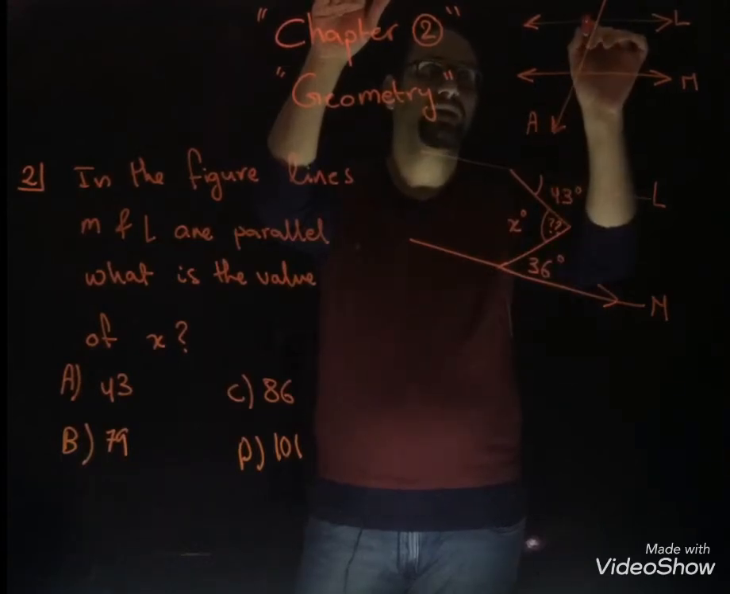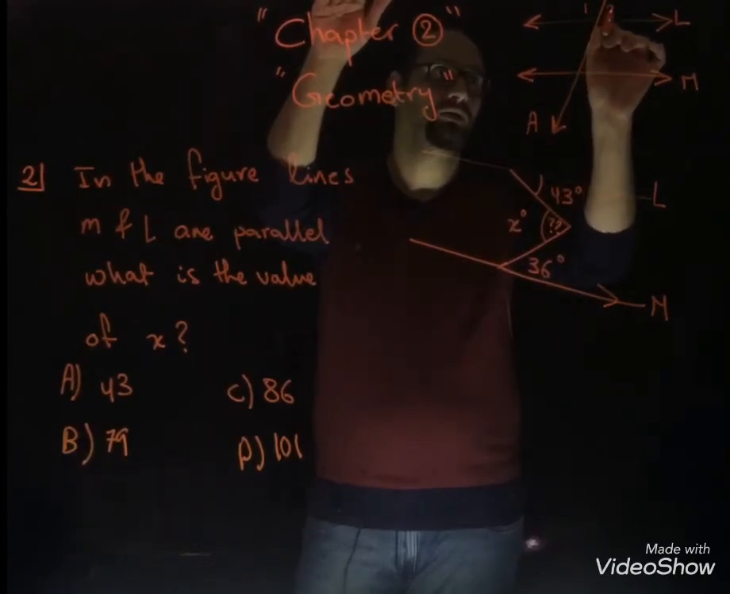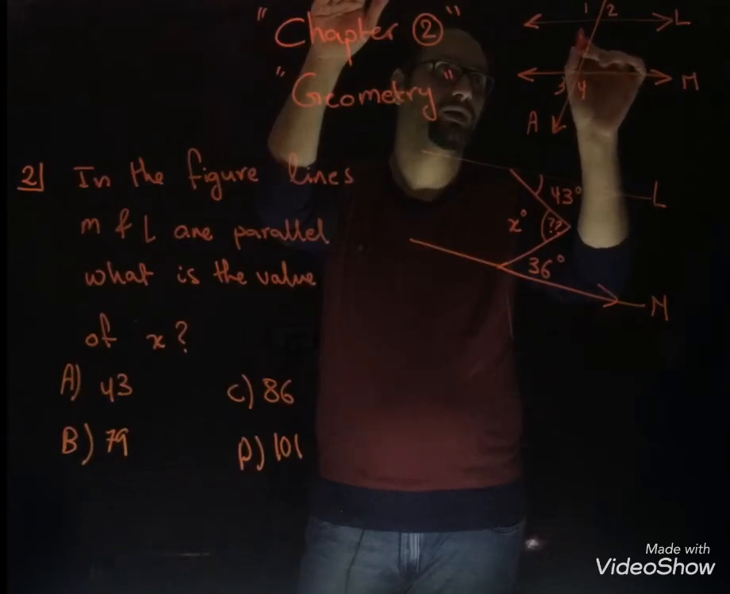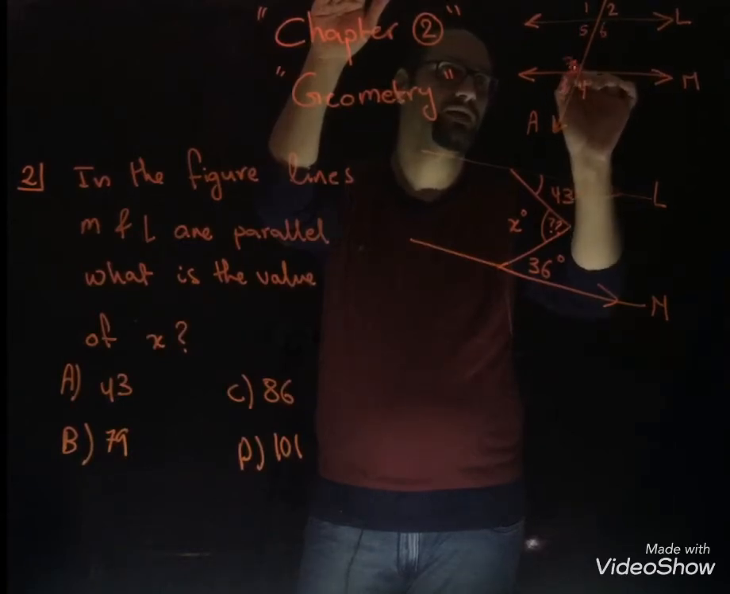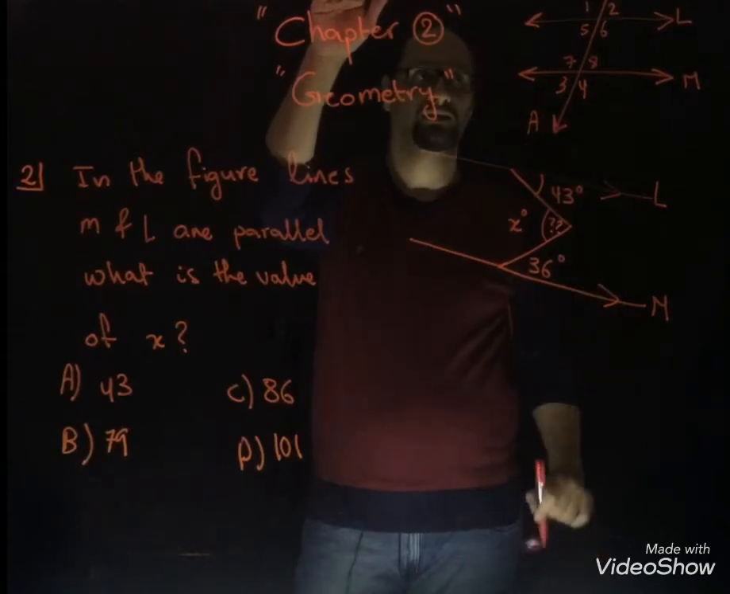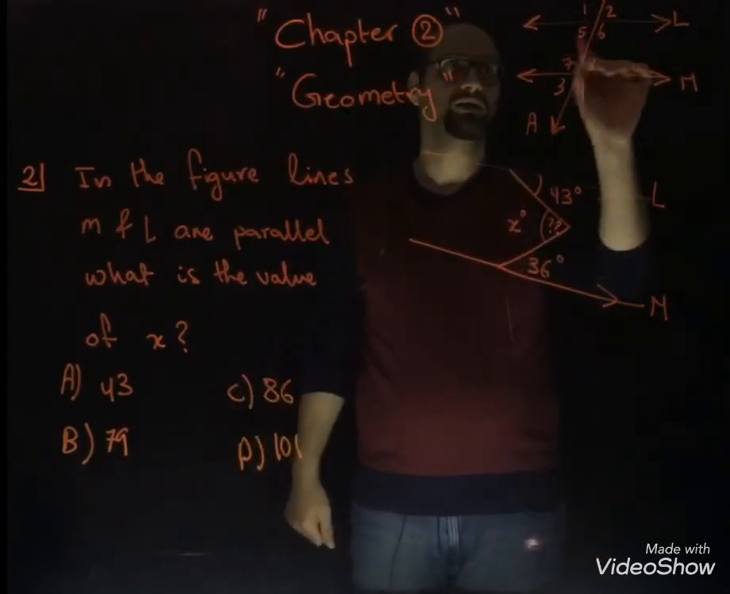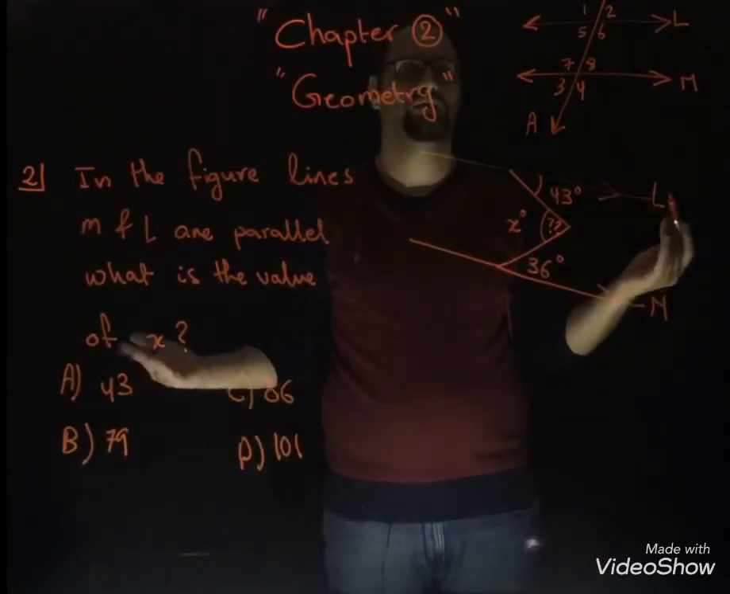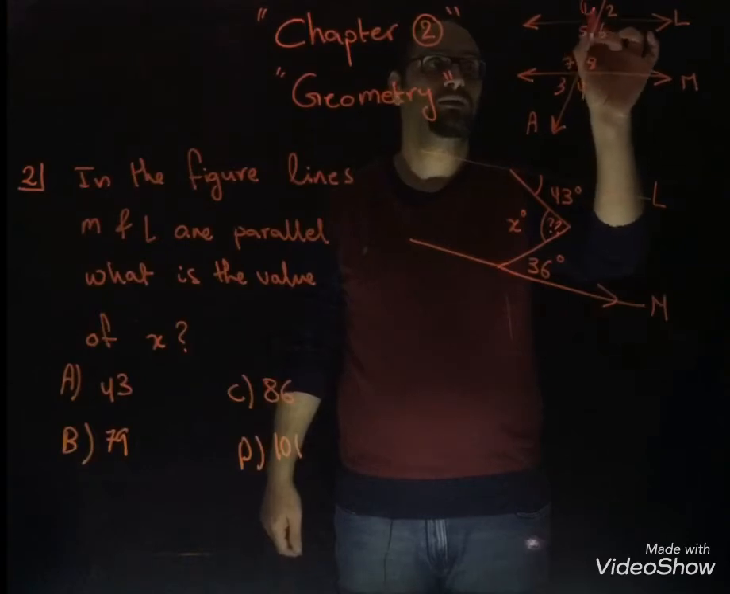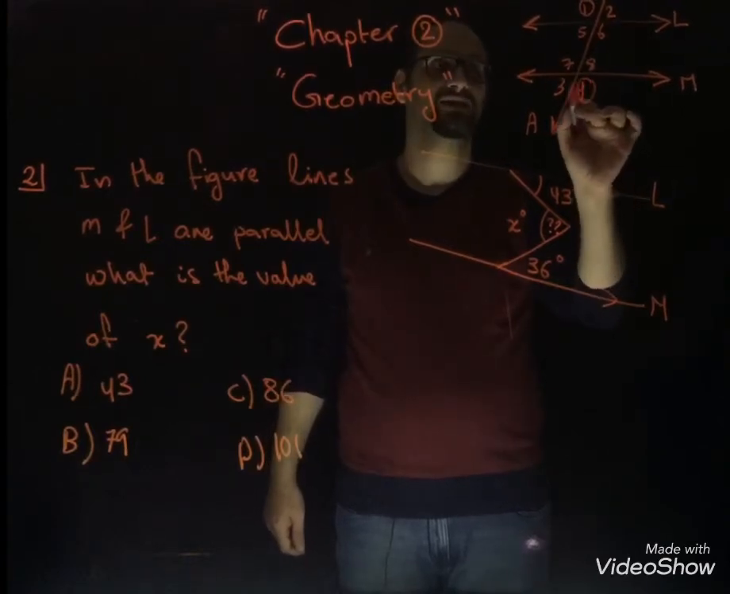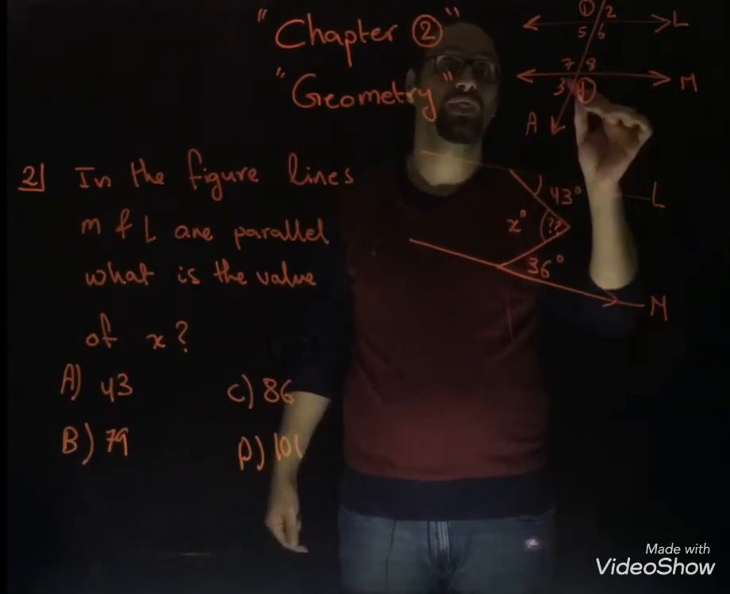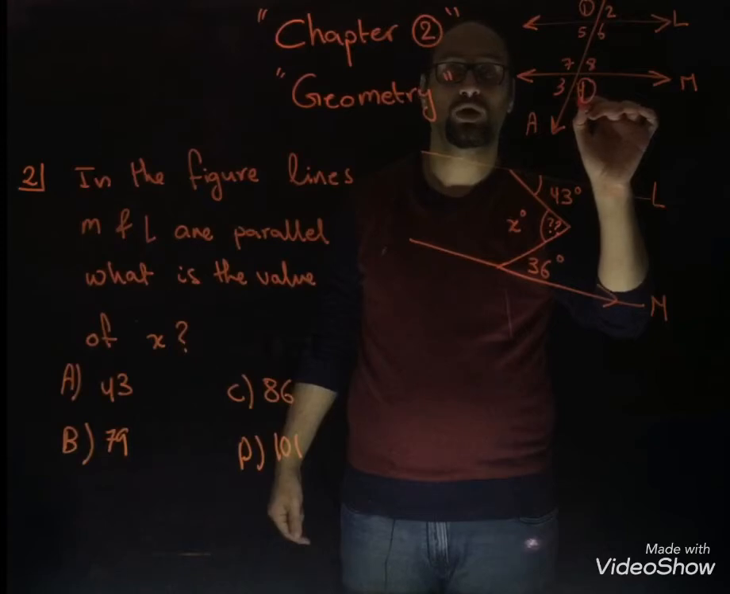There are exterior angles here, 1, 2, 3, and 4, called exterior angles. And here inside, let's call them 5, 6, 7, 8, called interior angles. So we have exterior angles and interior angles. Okay, what's the relation between these angles? The angle 1 exterior and the angle 4 exterior are congruent. Why are they congruent? Angle 1 and angle 4 are called